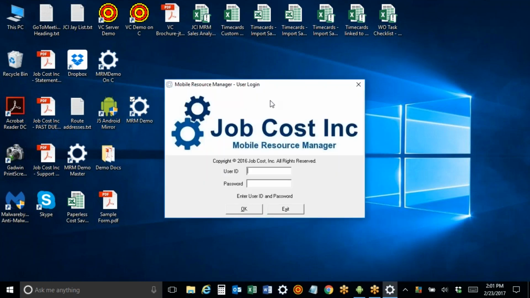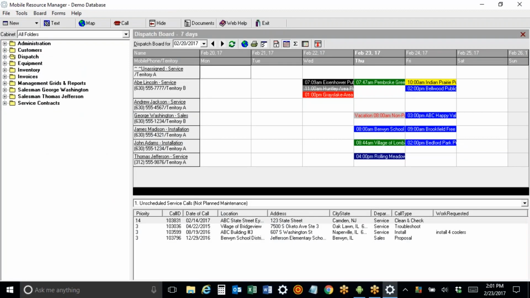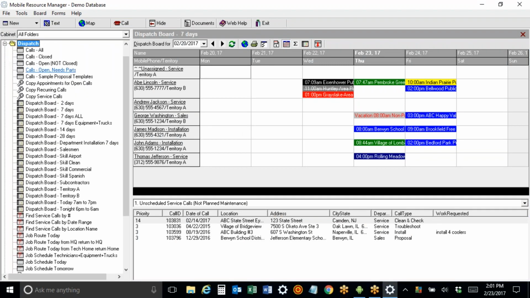I'm first logging in. My login determines what rights and privileges I'm allowed to do. In general, you can restrict access to pretty much anything, but for today I have superpowers. I'm allowed everywhere. When I log in, it can take each user to whatever screen they want. This happens to be the most popular screen, what we call a multi-day dispatch board. We'll get back to this in more detail in a little while, but in terms of dispatch board, you can